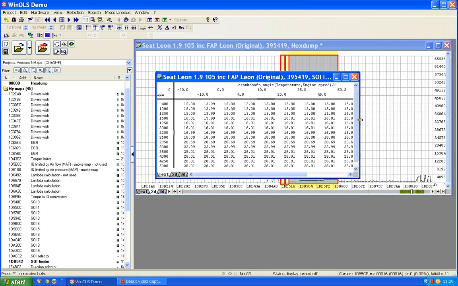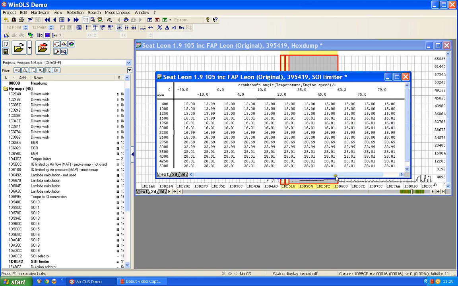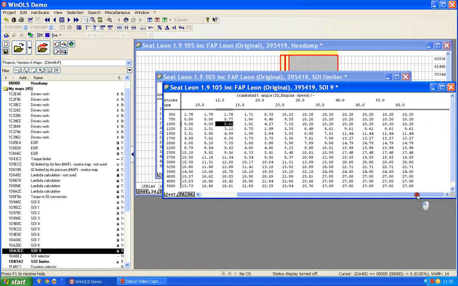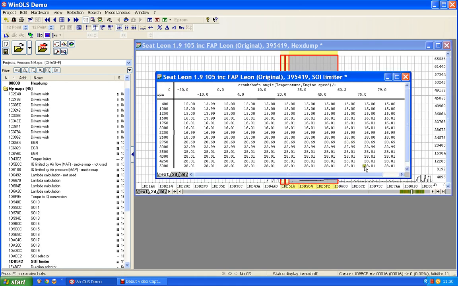Okay, now to make sure that we're in the right region, in other words, to make sure the numbers do seem sensible, let's have a look. Well, it looks like we're being limited at around about 28. And if I remember rightly, SOI 9, let's jump and have a look, has got a peak of 27, does that look like? And that would be our hot map. So there's our hot SOI map, and it's stopping at 27 anyway, and the limiter has been set at 28.